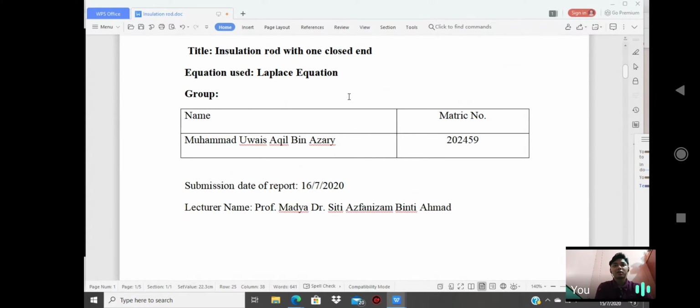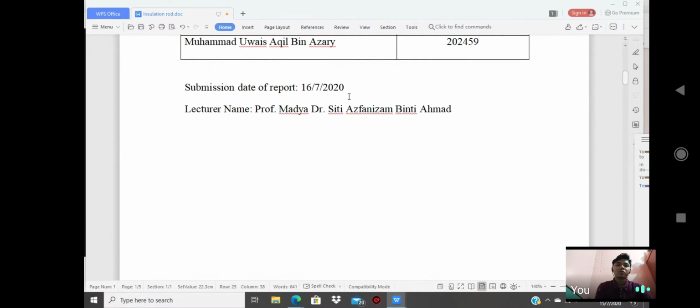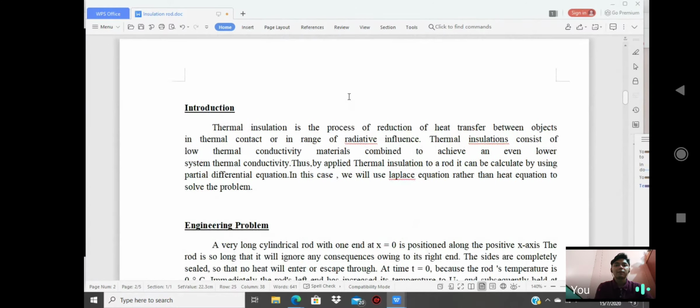And the title of my report is Insulation Rod with one closed end. The equation used is the Laplace equation. So, we will get to the engineering problem,